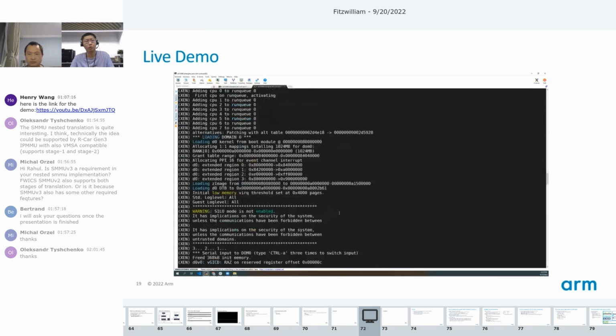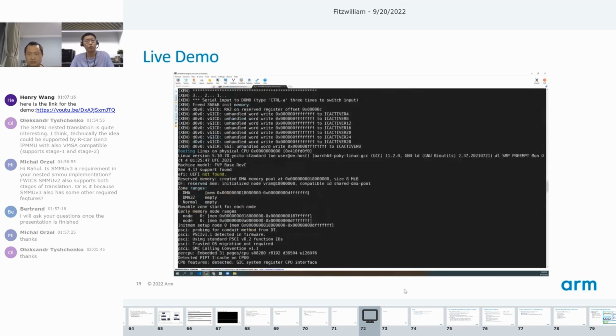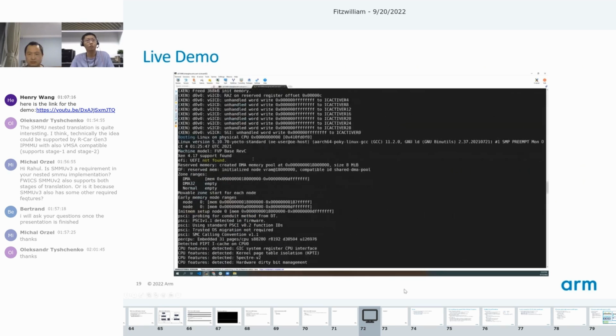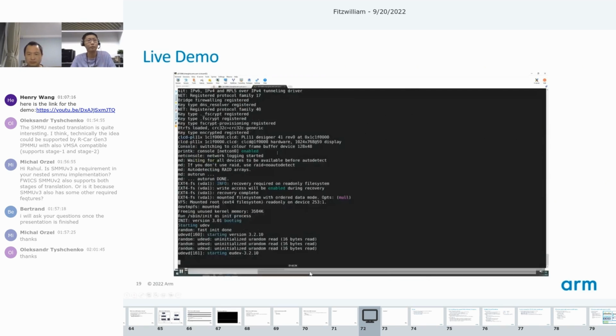Xen and DOM0 will boot as usual after. So now we can probably fast forward it a little bit to save our time.